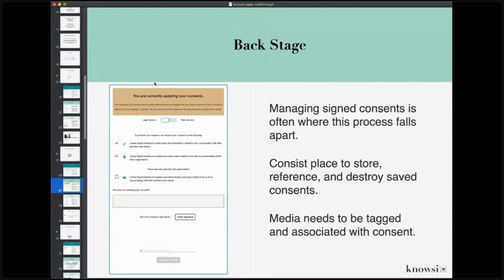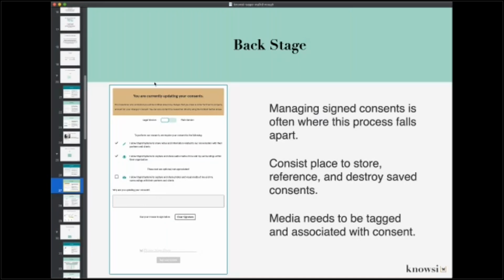But if you're a researcher, you can also have your project window open. You can just click sign this form. You get a prompt to hand it over to the participant, either on your phone or your iPad or any tablet or laptop. And then you're able to engage in that consent process in person as well. And the participant will always receive their own individualized receipt.